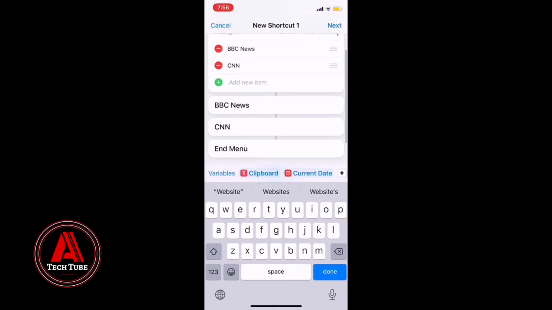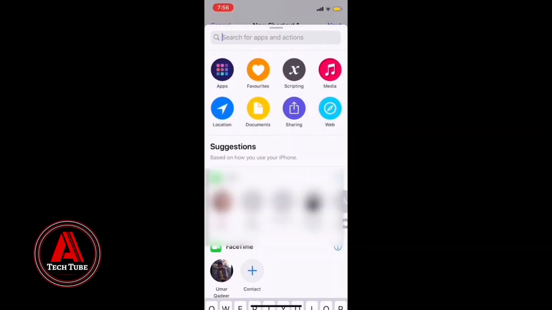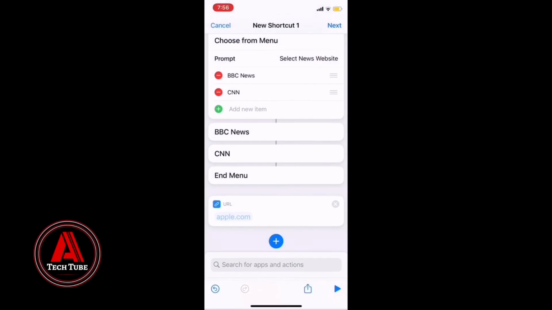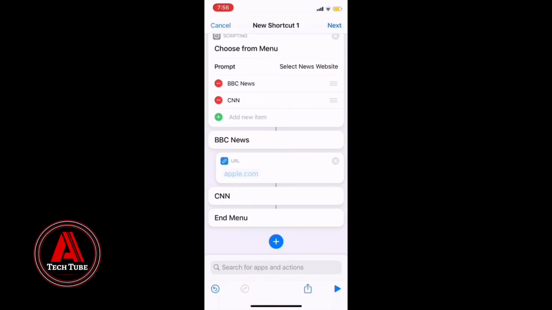You see that BBC News and CNN are already there in the menu. Now the menu is created. Now we have to add actions. Click this plus button, write URL in the search bar, drag this URL under BBC News, click the plus button again,